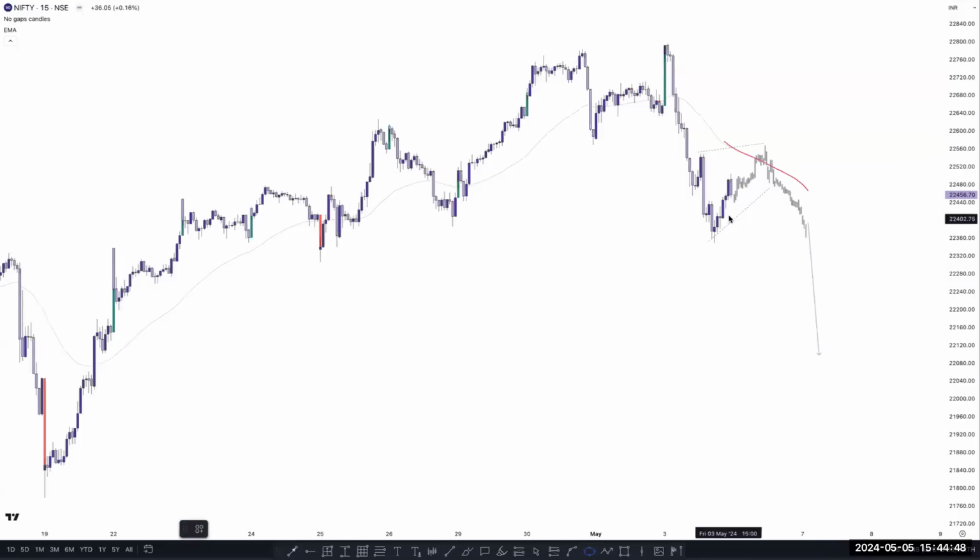Okay, so I hope you understand what is the next possible scenario here in Nifty 50 in a 15-minute time frame and what we can expect here. Price must be rejected from the EMA and create any bearish indication. Also, you can take some lower time frame confirmation like 2-minute and 1-minute time frame confirmation, then you can sell, right? Okay, let's read your questions and answers one by one.